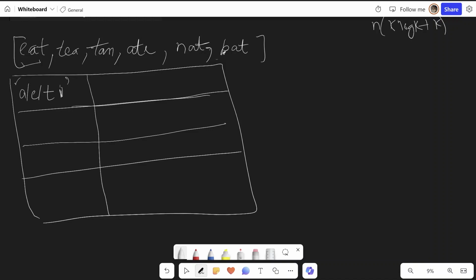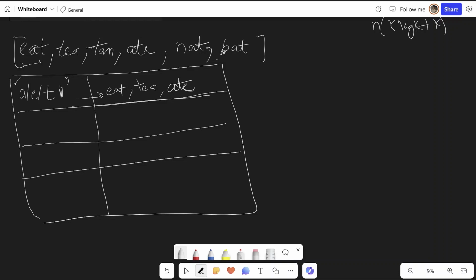So let's say this is our hash map. Now any string with A, E, and T, all with frequency 1, will be pushed into this key's values. So eat, tea, and ate all come here.